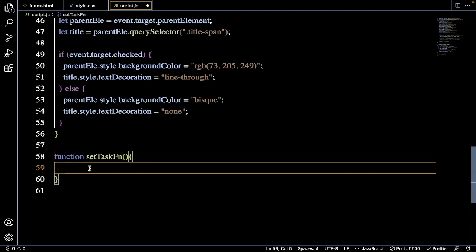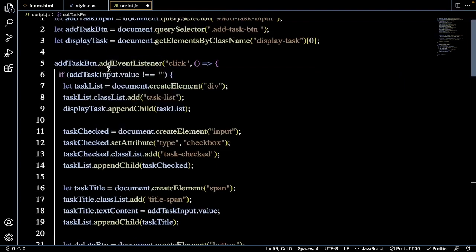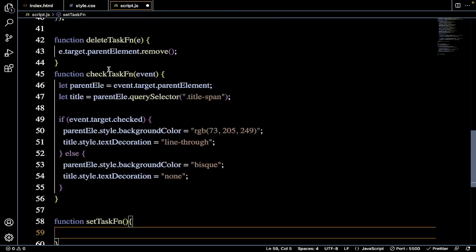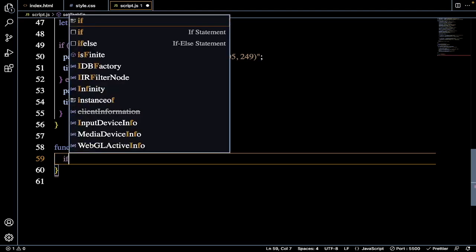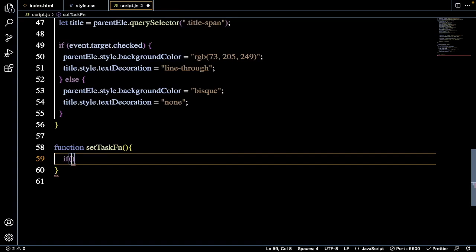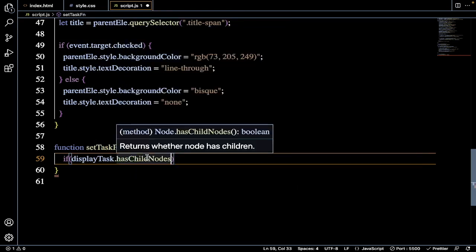And for that, we'll check whether the display task over here has children inside of it. It means there is an element inside. We have a task inside. So when there is no task, we change the text to no task rather than task list. So for that, we'll set a condition. We have a condition if the displayed task dot has child nodes. If that's true,